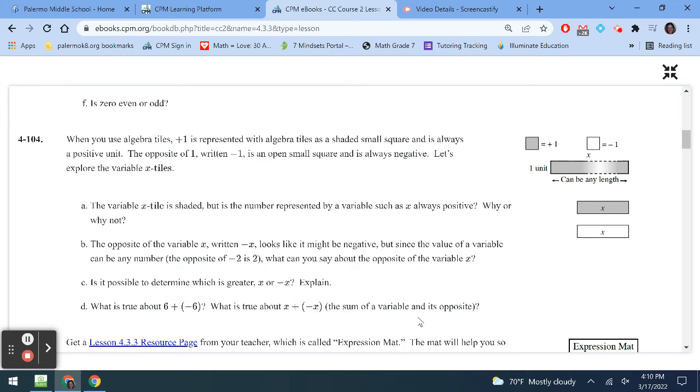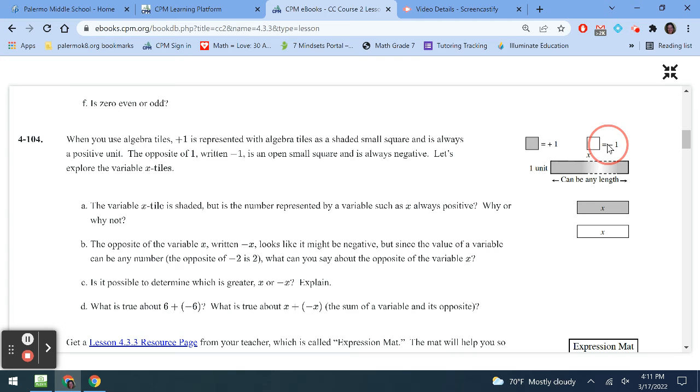So 4-104, it says when you use algebra tiles, +1 is represented with the algebra tiles as a shaded small square. So that is this guy right here. It's always going to look like that. And for most problems, almost every single problem in this textbook, it's going to have a little key that tells you this. So we have shaded is positive,